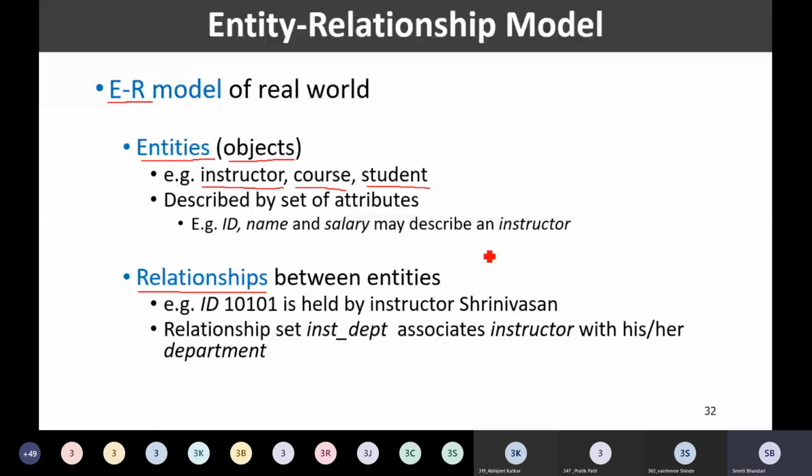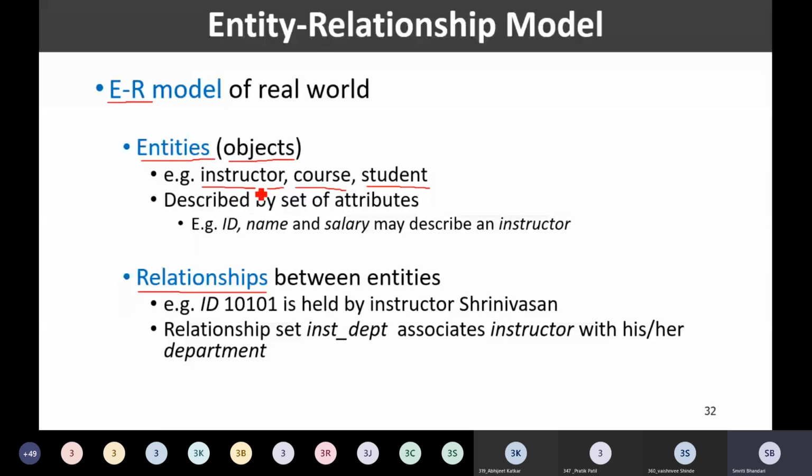I may have a collection of instructors, a set of instructors, so that is an entity set. An individual instructor is one entity, an individual course is one entity, an individual student is one entity. I may have several student entities and several instructor entities.